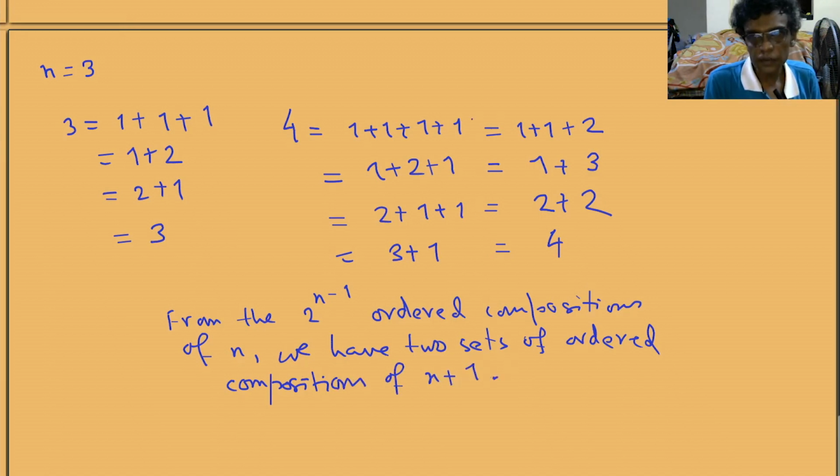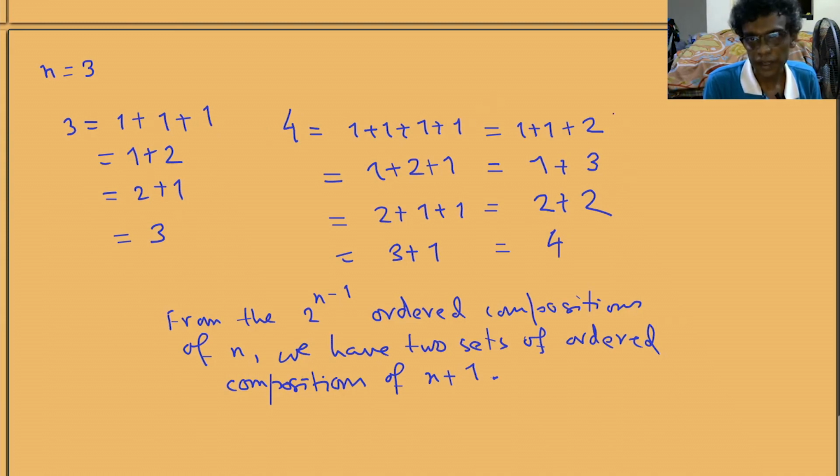And for each set you see that this construction is reversible. Here I have 1 plus 1 plus 1 plus 1, so if I just forget this last 1, I will get an ordered composition of 3. If the last summand is 1, I forget that, and I will get an ordered composition of 3. On the other hand, if the last summand is bigger than 1, I will simply subtract 1 from this, and I will get an ordered composition of 4 minus 1, that is 3. So there is a bijection of all ordered compositions of n with this set, and also a bijection of this with this set.